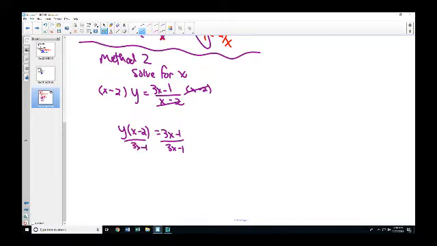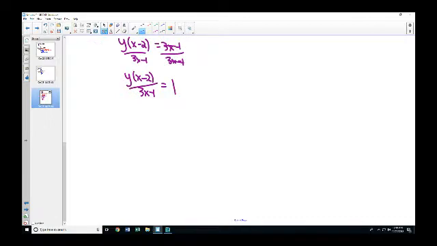So we get what's left on the right side? Not 0, it's 1. When you eliminate those. And then divide by y. Or multiply by 1 over y, whatever suits you. So we get